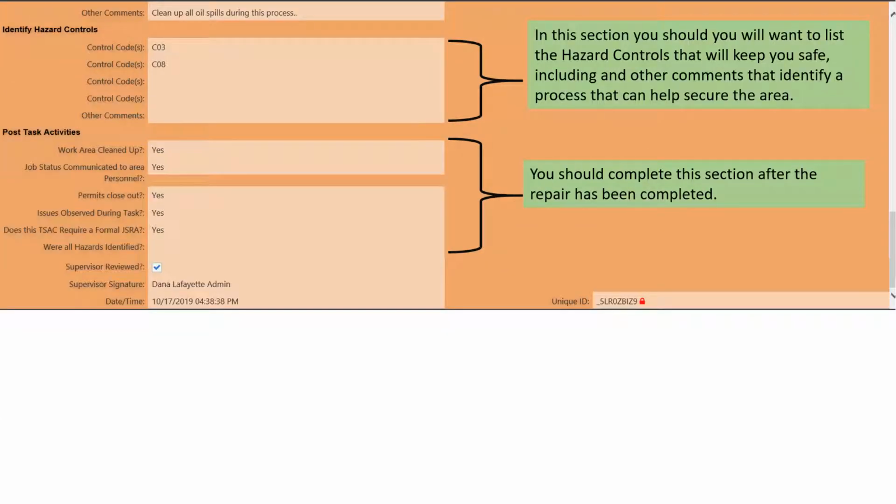You'll continue down the form and identify the hazard controls such as lockout, tag out, maybe proper gloves, or maybe you had to fill out a permit. But remember, you have an other comments section. Go ahead and use that every time. Put in the comments what you're going to do for keeping yourself safe. And then at this point, you go up and save your TSAC at the top of the page on the upper left,